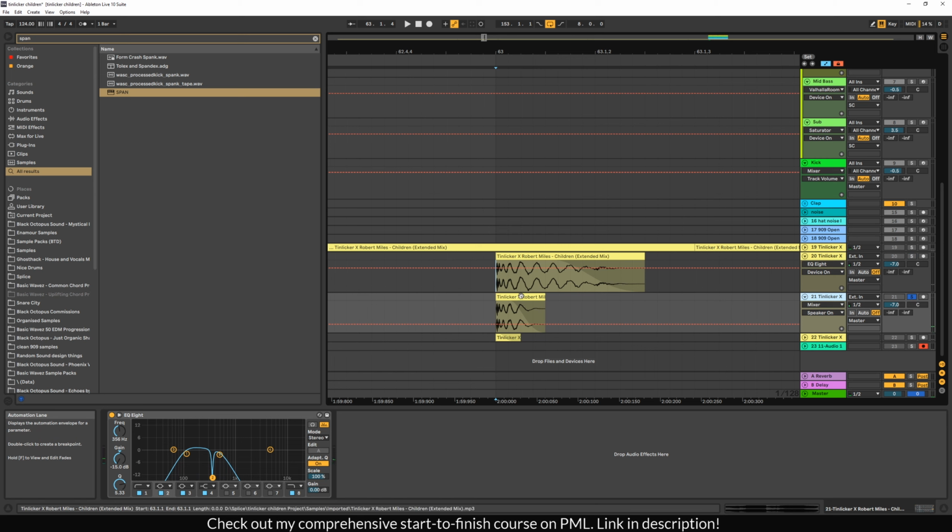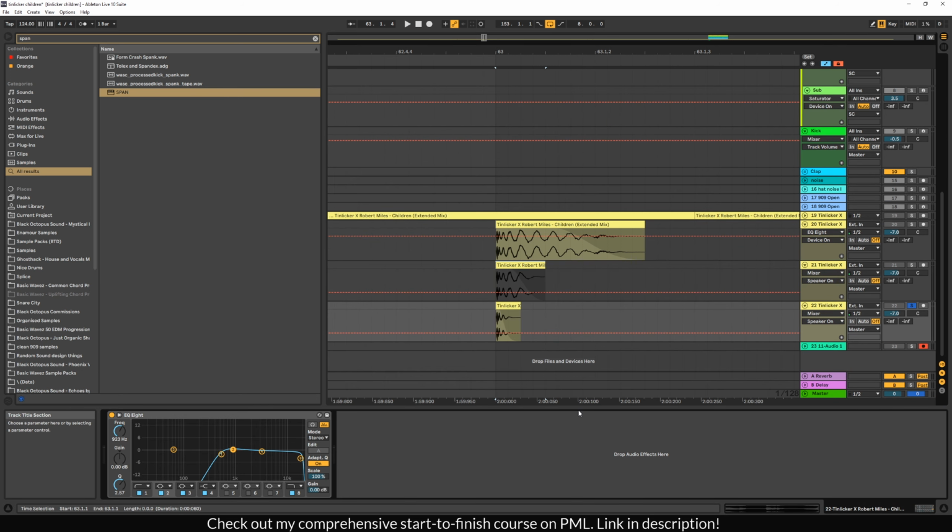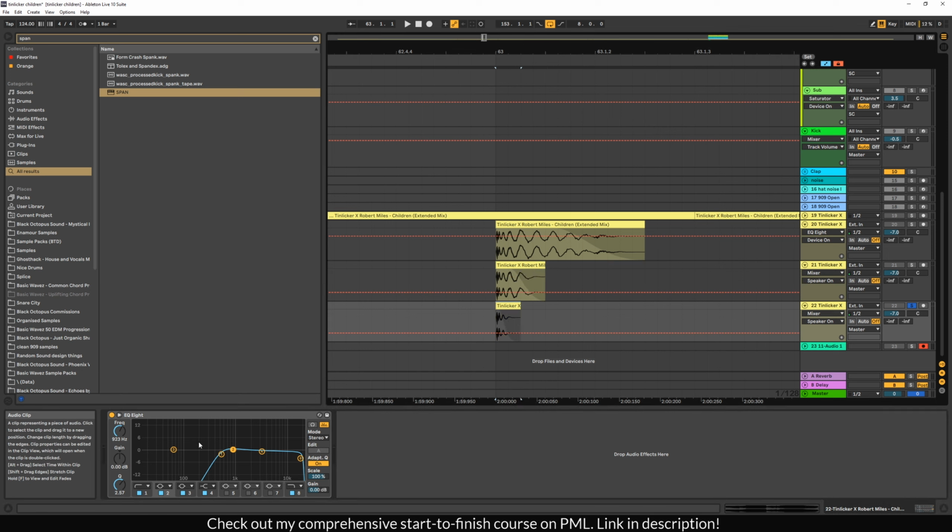shortened it because all I wanted was just the mid-range from this kick, and the mid-range sits around this portion. This is just like a subby tail, so I cut out the lows and the highs from it, and then duplicated it again, made it even shorter because all I wanted was the click, and then just high passed it so that all I'm getting is the click of the kick. And then if you put them together,